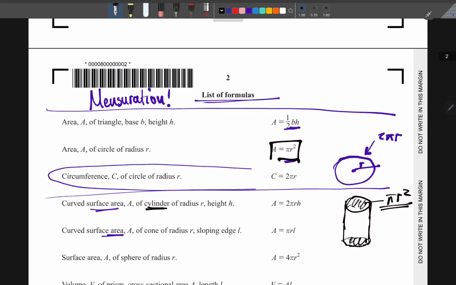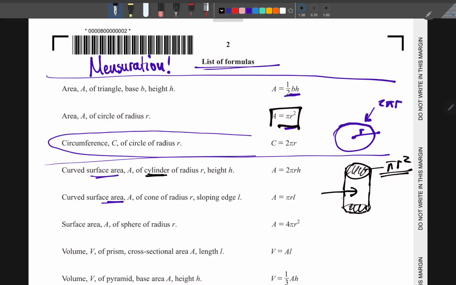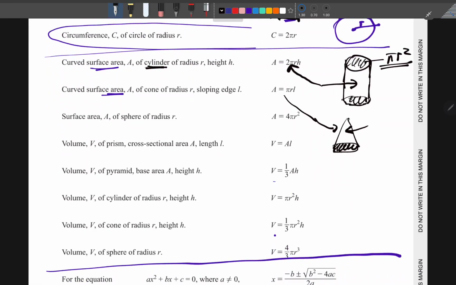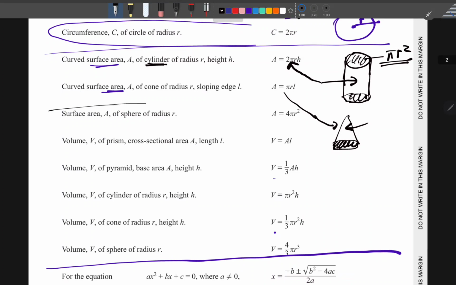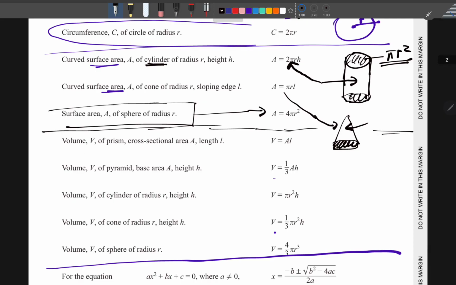But then the area of this other curved part is what you are going to be given here, only for the curved part. The same for a cone. For a cone, which is going to be like this, they will only give you for the curved part. They will not give you for the circle at the bottom. You will need to include it. They are helping you by giving the curved part. Then also, what are they going to give you? Well, for the sphere, they'll give you the whole thing. The total surface area of a sphere is 4 pi r squared. So surface area, done. We have seen they're going to give me something for a cone, something for a cylinder, and for the whole sphere.